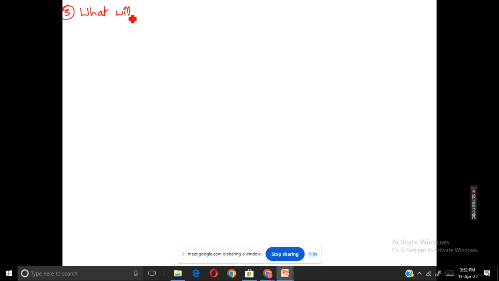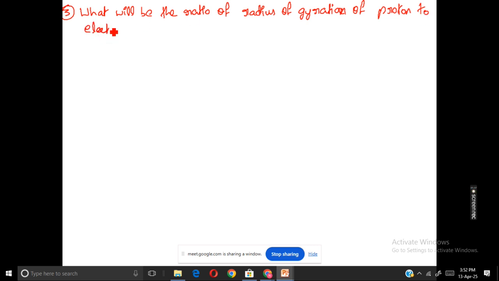What will be the ratio of radius of gyration of proton to electron? What will be the ratio of radius of gyration of proton to electron if